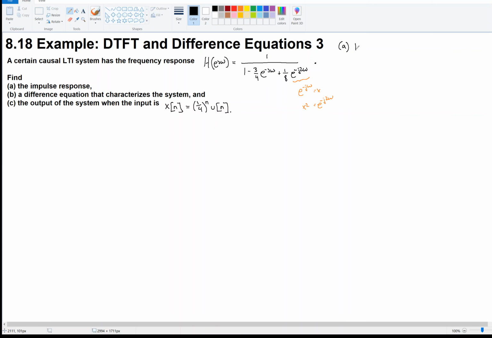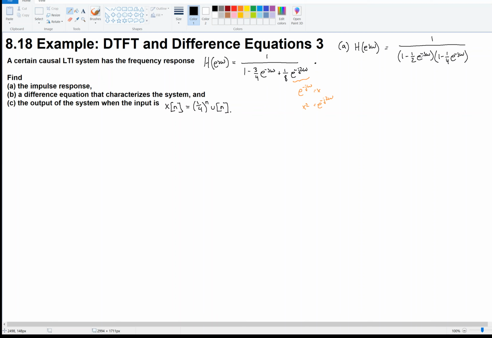So I'm going to write capital H as 1 over, and then the question is, can I factor it? And it looks like the math gods will allow it, right? I can factor this as follows: 1 minus 1/2 e to the minus j omega times 1 minus 1/4 e to the minus j omega. Now, if you didn't follow this business in orange over here, what you can do is FOIL